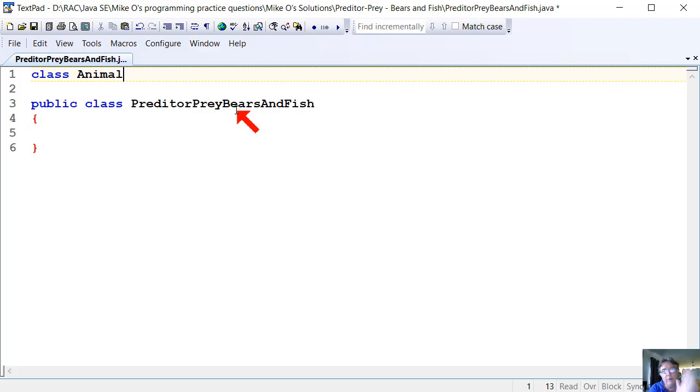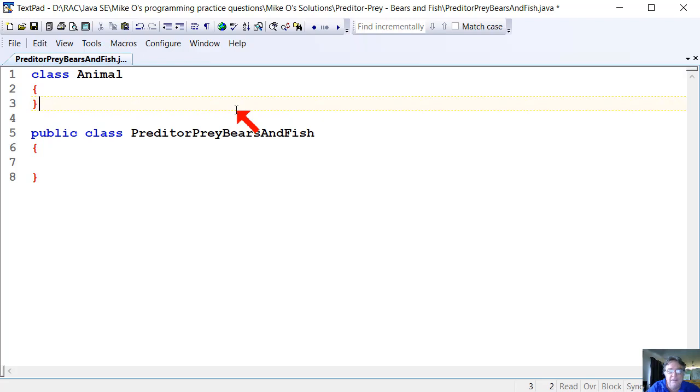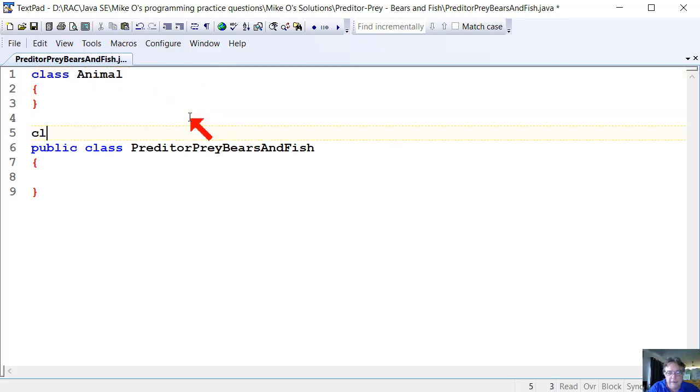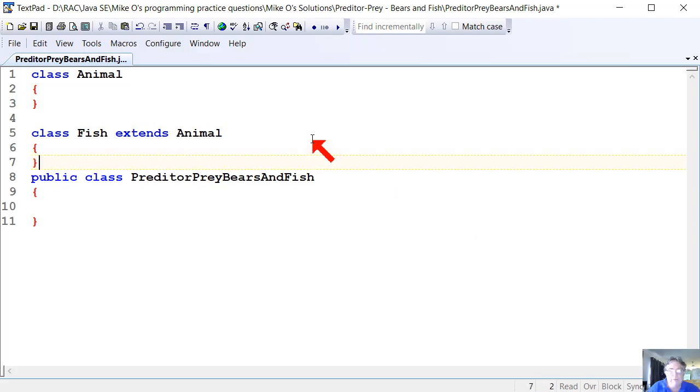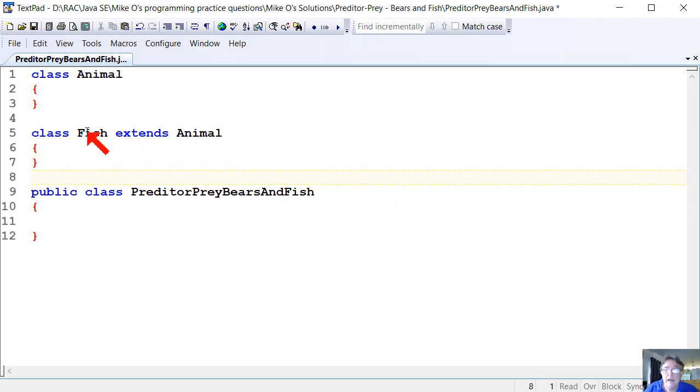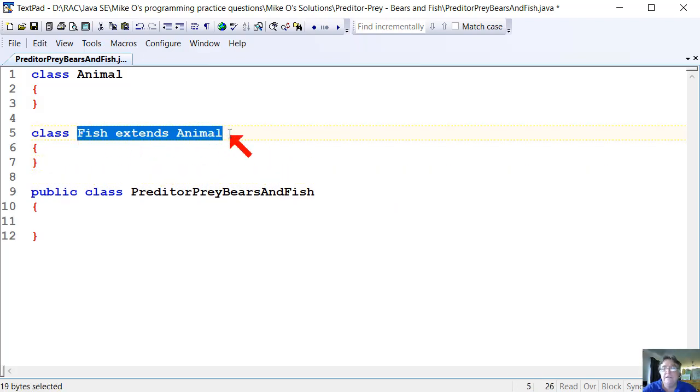Whether it's landscape or animals or fish or bears or whatever. So I'll create an animal class. Assume we're just having animals. If we wanted to have other things as well, we could make that organism or object or entity or something. I'll call mine animal for now. And I'll make a class called fish, which extends animal. The reason I'm using inheritance here is that I can create an array of animals,